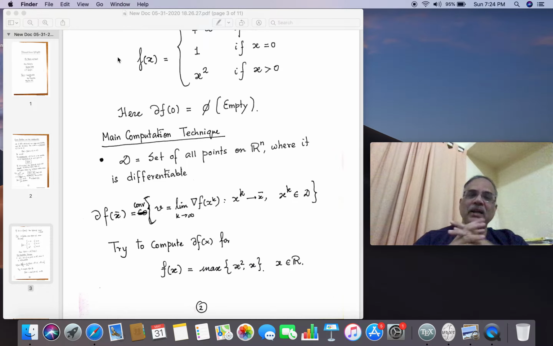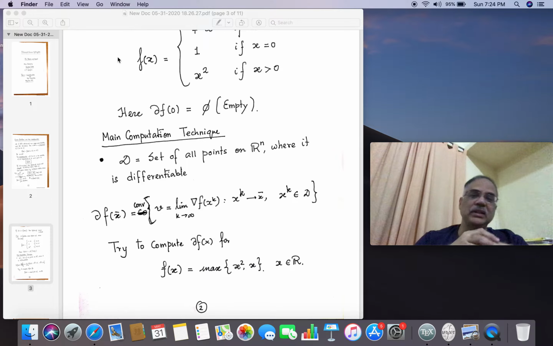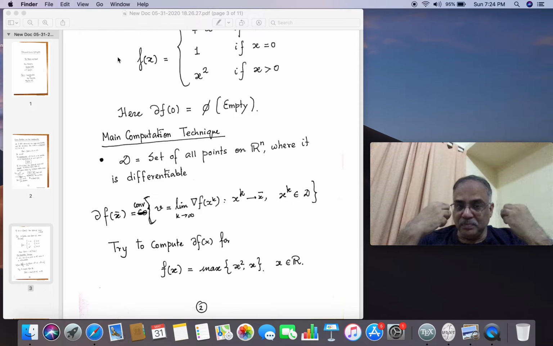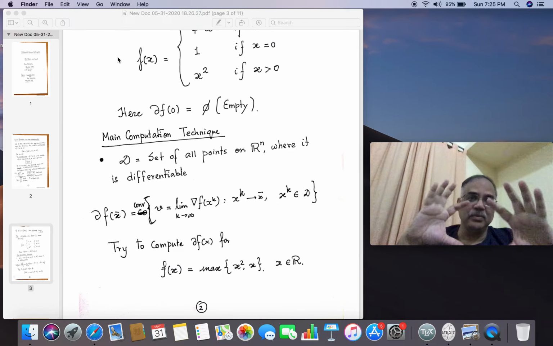So you take this example, max of x squared, x, which I often give in class when I have taught my optimization course here in IIT Kanpur, and this example has been shown as one interesting example which brings out certain properties of subdifferential. Of course, one thing must be clear to you, that at a point where the function has a gradient, that is, it is differentiable, the only element the subdifferential del f(x) contains at this point is the gradient.